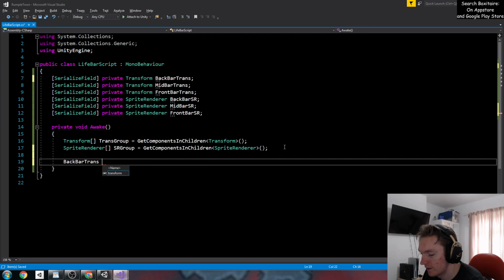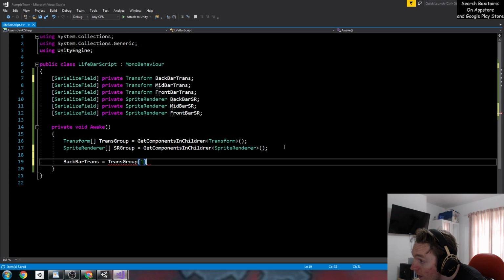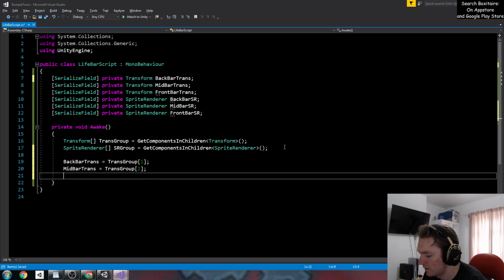So, backbar trans equals trans group. Now, here's where it goes 1. It's number 1. Trans 2 and